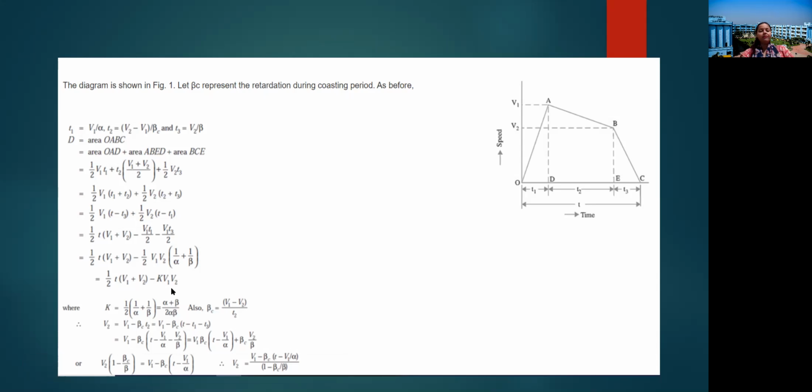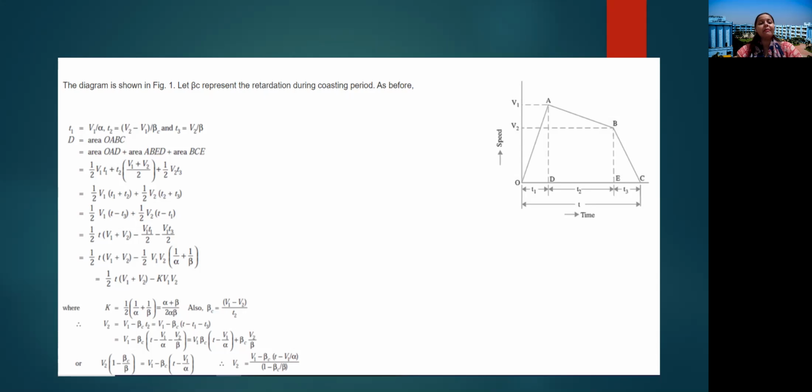Now here in the semester exam, the numericals mainly come from the trapezoidal speed time curve, and they will ask you to derive the quadrilateral speed time curve. So you have to solve mainly numericals based on the trapezoidal speed time curve, but there is no mention that no question will come from quadrilateral speed time curve numericals. So we will practice both, but we will keep emphasis on the trapezoidal speed time curve.